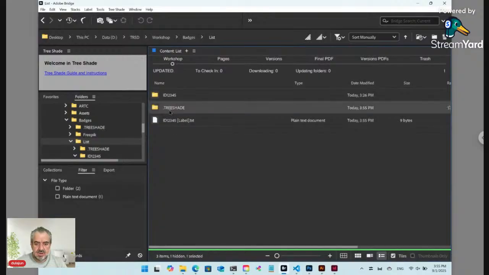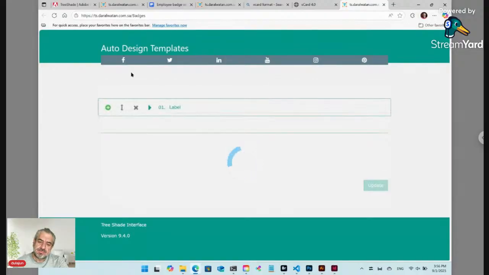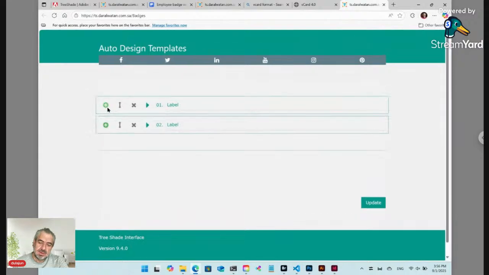Now this folder .TreeShade is created automatically by TreeShade, and it's supposed to be hidden, but here in Windows it's shown. Okay, anyway, now the main item is loaded. If you click plus, you can add a new item,